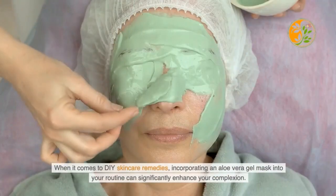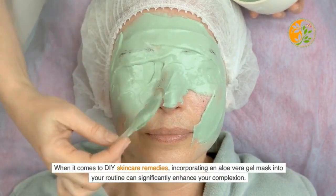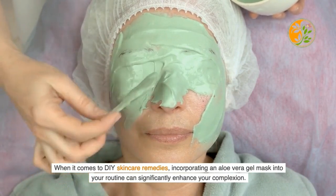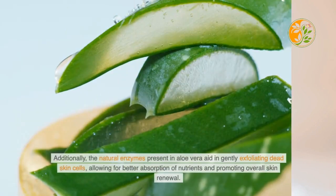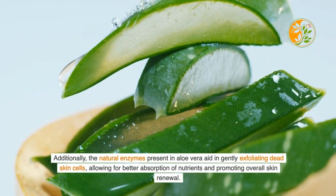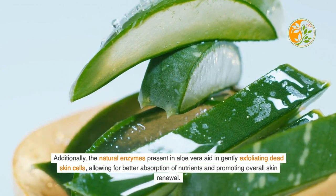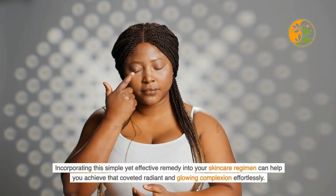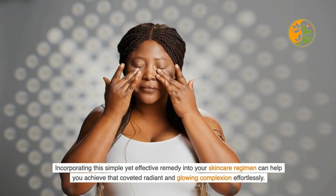inflammation. When it comes to DIY skincare remedies, incorporating an aloe vera gel mask into your routine can significantly enhance your complexion. The cooling sensation of the gel helps to calm irritated skin and reduce redness, making it ideal for those with sensitive or sunburned skin. Additionally, the natural enzymes present in aloe vera aid in gently exfoliating dead skin cells, allowing for better absorption of nutrients and promoting overall skin renewal. Incorporating this simple yet effective remedy into your skincare regimen can help you achieve that coveted radiant and glowing complexion